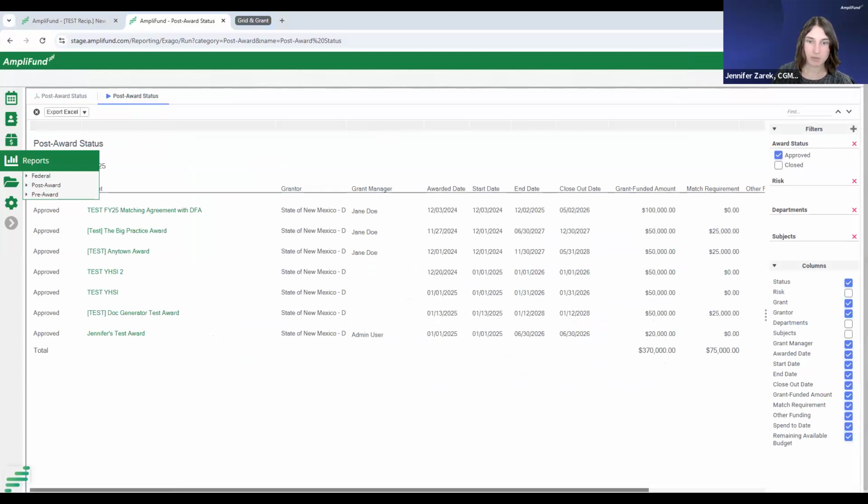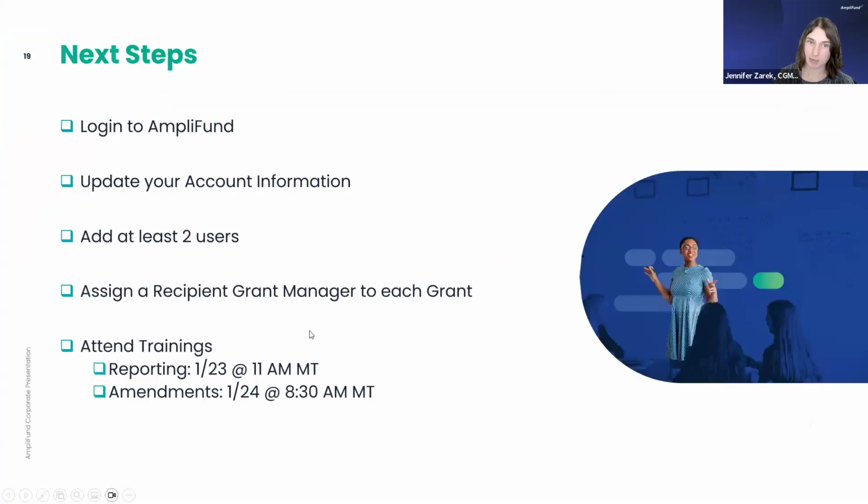So today we have covered a variety of topics on how to navigate AmpliFund, how to access customer support, and how to view our grants and update our grant managers. Some immediate next steps following this training are logging into AmpliFund, updating your account information, checking that your organization has at least 2 users in your account, and then going through all of your